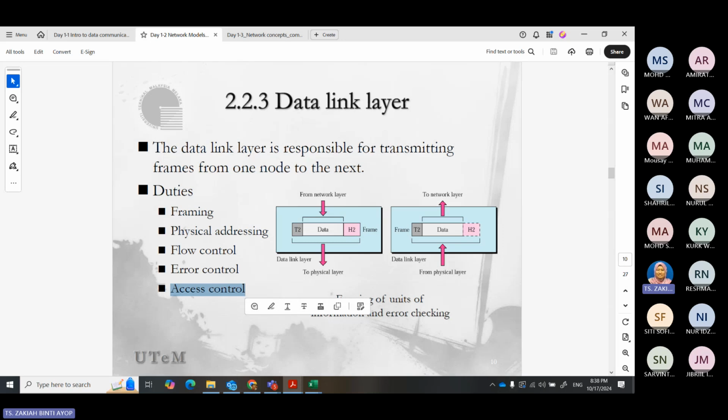Okay, so which one comes first? And then what will happen if a non-sequence messaging happens? So that's how we control it. Okay, so that is for the data link layer.